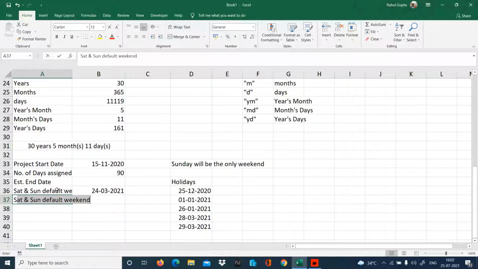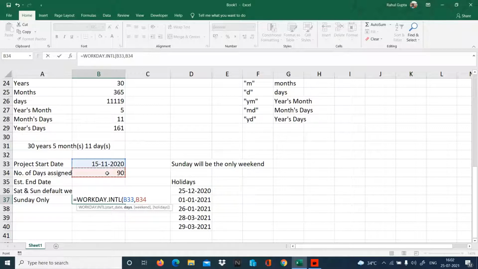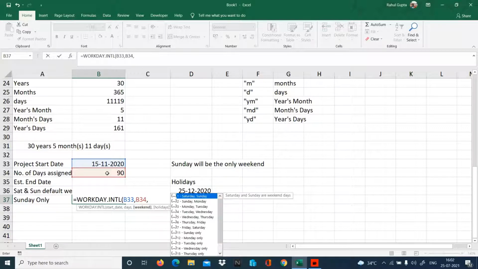If I have to get it for Sunday only, then in that case I have to use a function which is available only from Office 2010 onwards, means I can say Excel 2010 onwards, is equal to WORKDAY.INTL, International. Here we can define the weekend according to our need. So I'll select the start date, comma, number of days, comma. Now it says weekend.